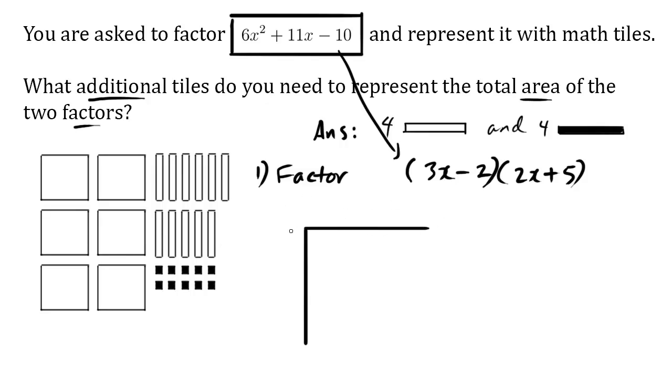representation of area. 3x minus 2. It doesn't really matter which way you go, you can switch the sides, but I'm going to put my 3x this way. Minus 2 is going to be black, whereas 2x, we'll just put it on this side. This is positive 2x plus 5. This is 1, 2, 3, 4, 5. So now we have the factors, 3x minus 2 this way, and we have 2x plus 5 this way, and